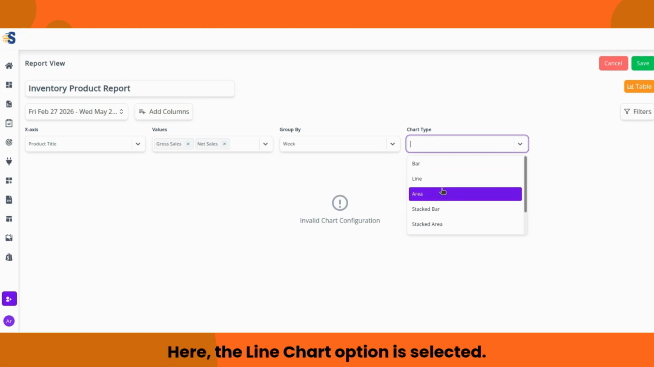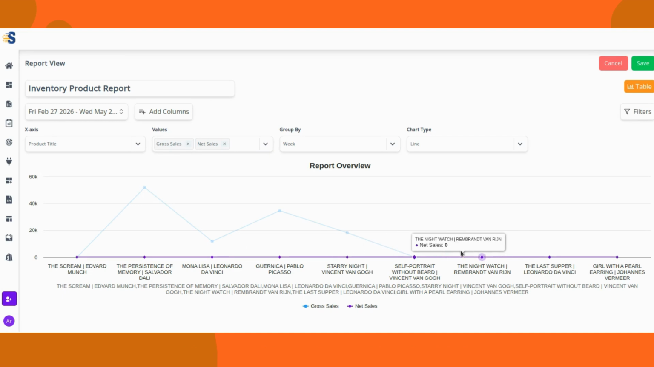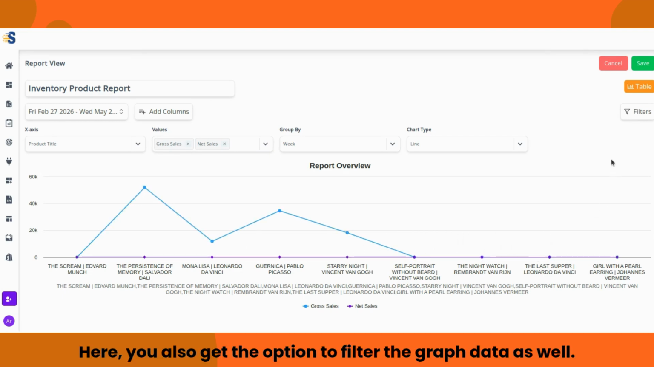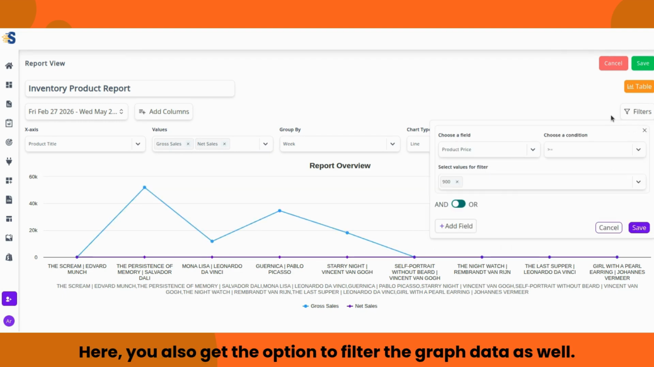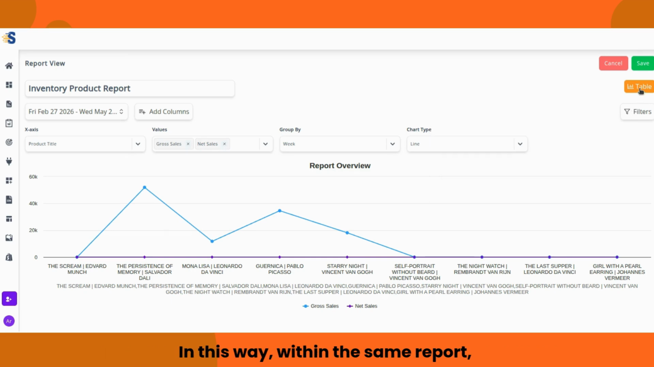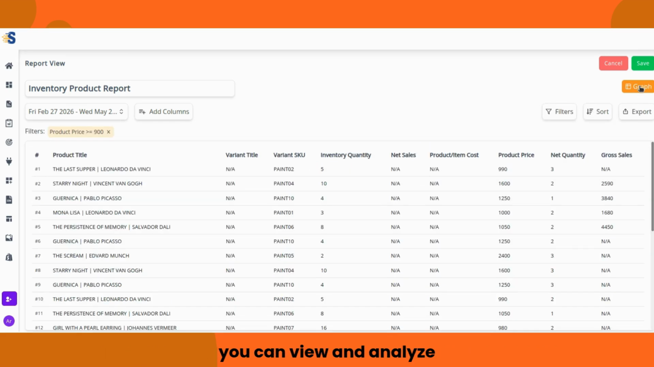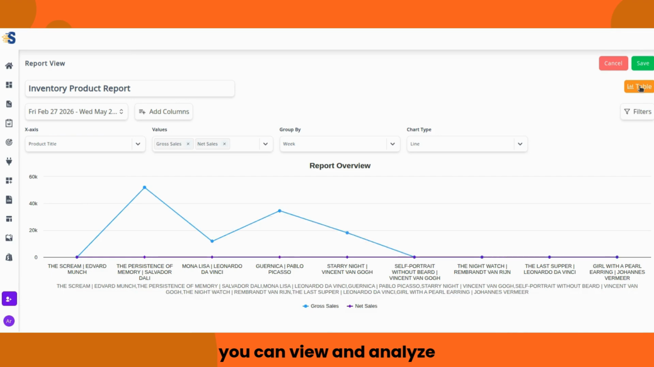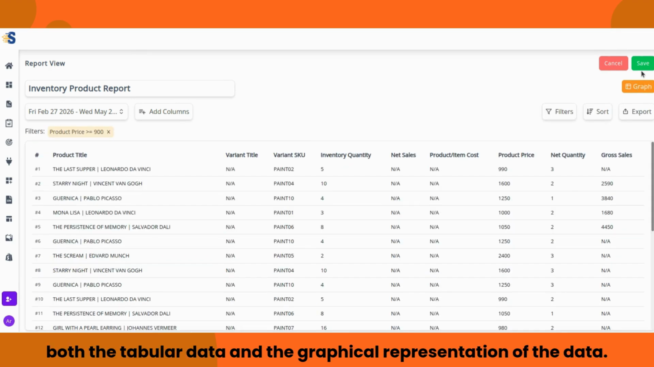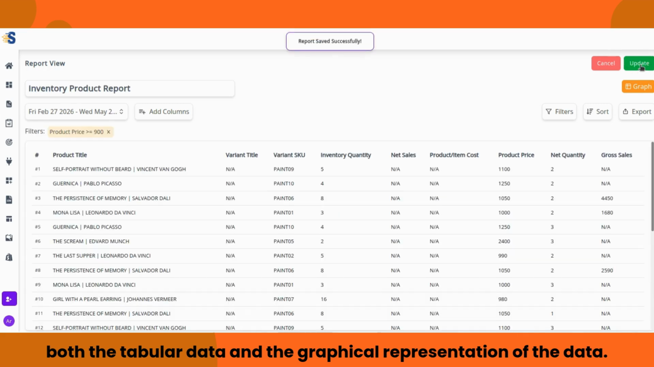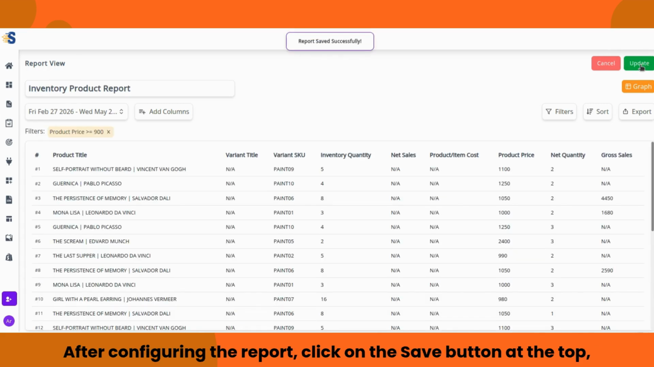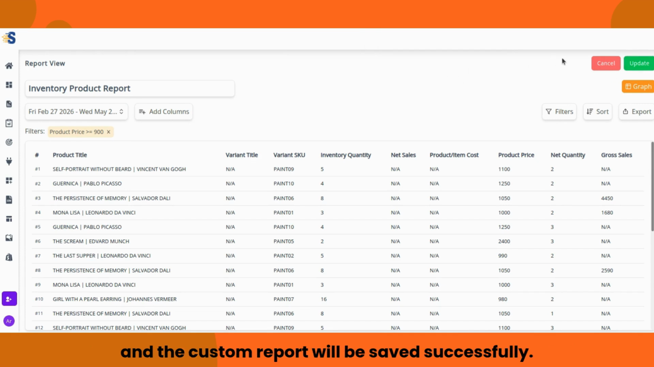Here, the Line Chart option is selected. Here, you also get the option to filter the graph data as well. In this way, within the same report, you can view and analyze both the tabular data and the graphical representation of the data. After configuring the report, click on the Save button at the top, and the custom report will